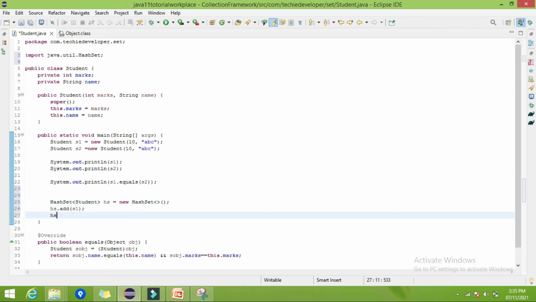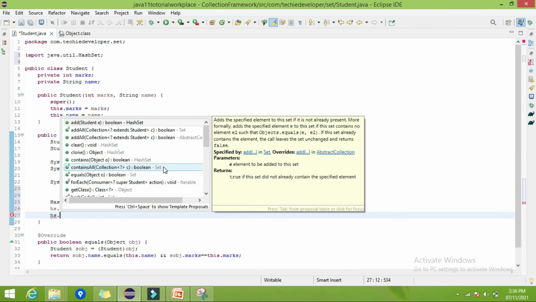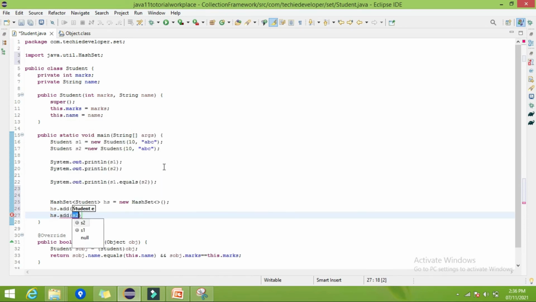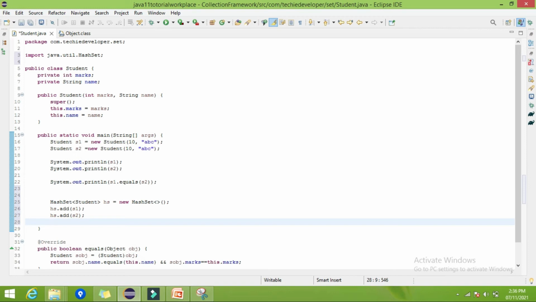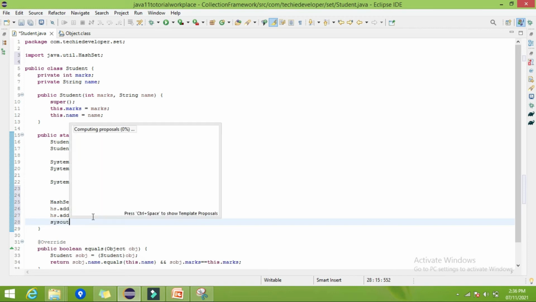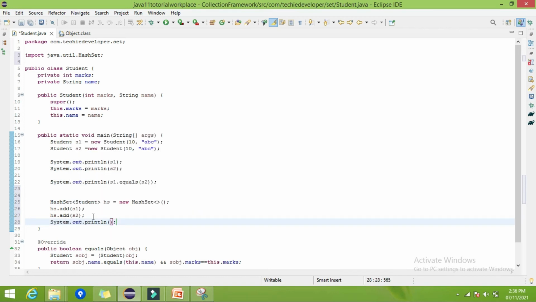Now hs.add(s2). Okay, and now try to print sysout hs. Now you may have the question: HashSet contains only unique elements, it is not allowing the duplicates,